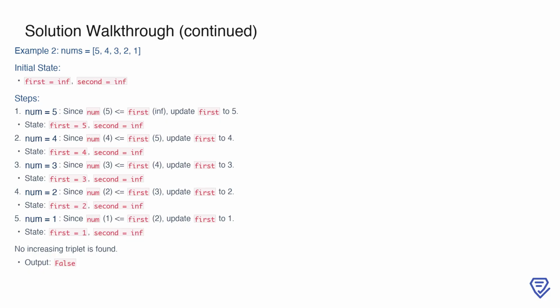Similarly, with number equals 3, it is less than or equal to first, so we update first to 3. The state becomes first equals 3, second equals inf. For number equals 2, since it is less than or equal to first, we update first to 2. The state becomes first equals 2, second equals inf. Finally, with number equals 1, we again update first to 1 because it is less than or equal to first. The state is now first equals 1, second equals inf. Since we never find a number greater than second, no increasing triplet exists in this case, and the output is